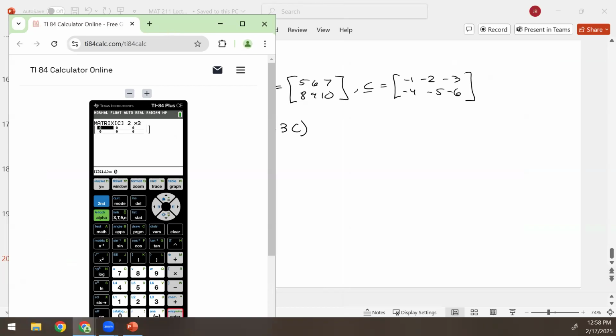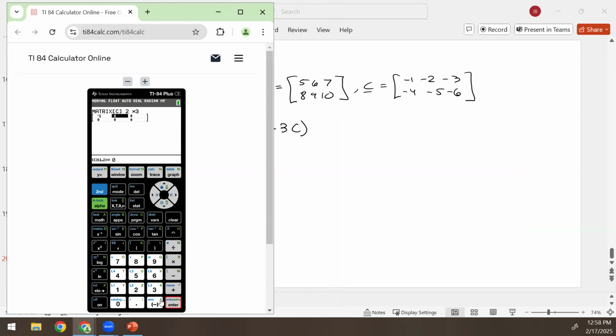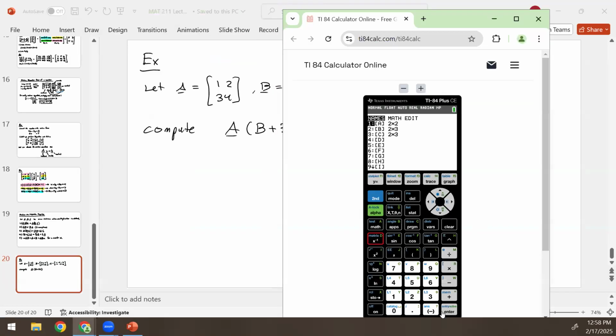And then I've got a bunch of negatives here, so we got to be careful. -1, -2, -3, -4, -5, -6. So all of our matrices are set up. Second quit, second matrix. And then we're going to do A, left parentheses, second matrix, B, plus 3, second matrix,